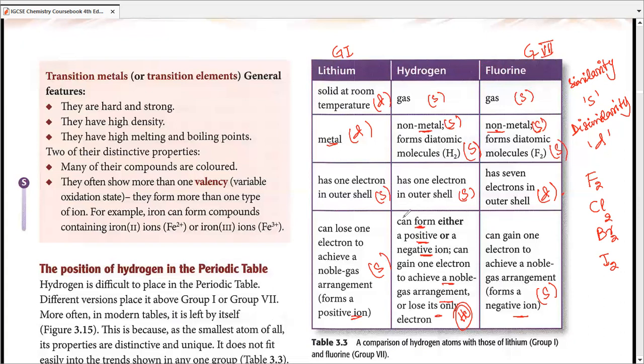Make sense? Yes, yes. All right, great. So just a sec